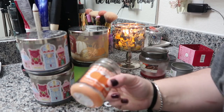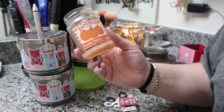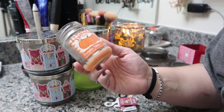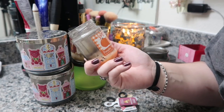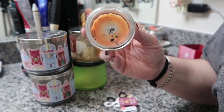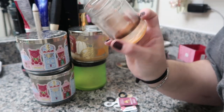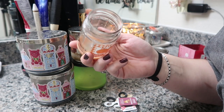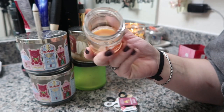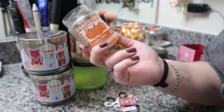And then this was also worth the $1. So Jake got this for me for my birthday. It's a 3-ounce candle, and it's soy though, and it came from the DT, and it's pumpkin spice, and look how clean it burned. Cutest little jar, right? And it only had a little bit of soot at the very, very bottom. Otherwise, for the most part, it burned pretty clean, and it smelled really good, and it had a good throw,